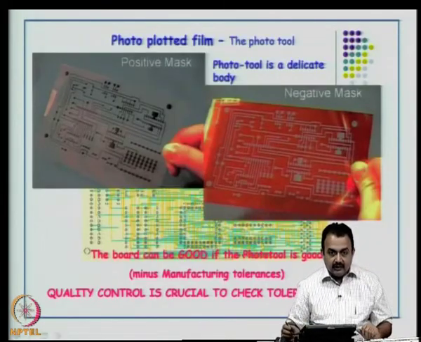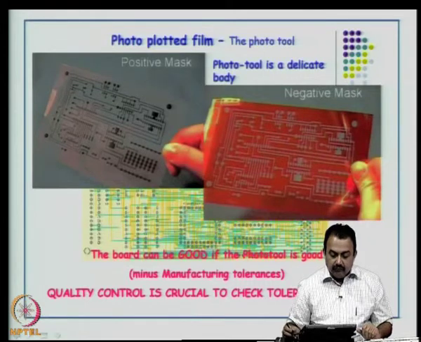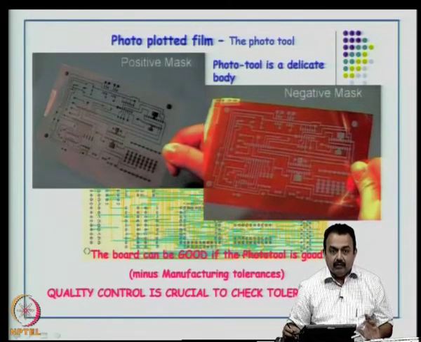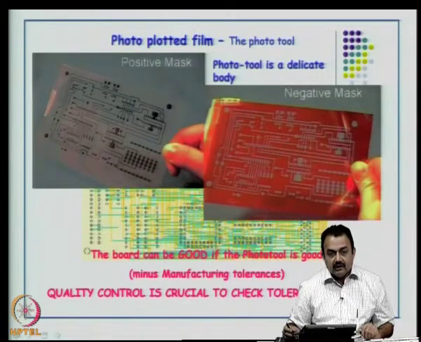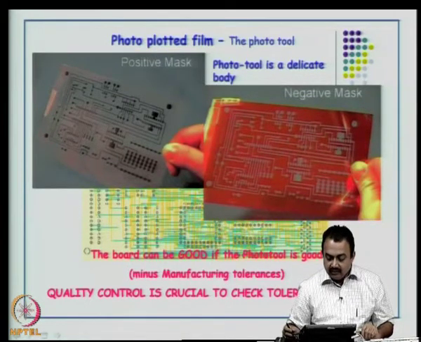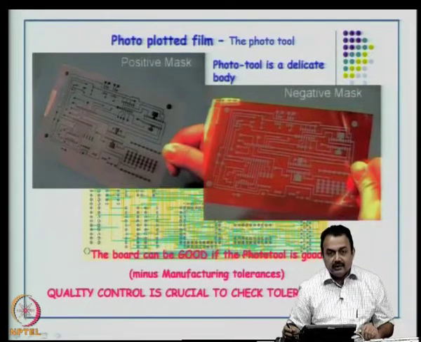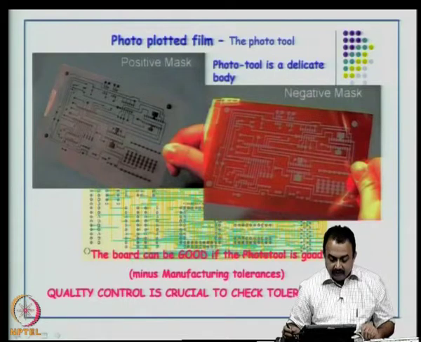Now, what you can see here is a photo plotted film. This is called the photo tool. It is a very delicate body. On the left side, in this particular slide, you are seeing a positive mask, and on the right side you see a negative mask. What is the difference? In the positive mask, the circuit areas are black. In the negative mask, the circuit areas are open. Okay. So, basically